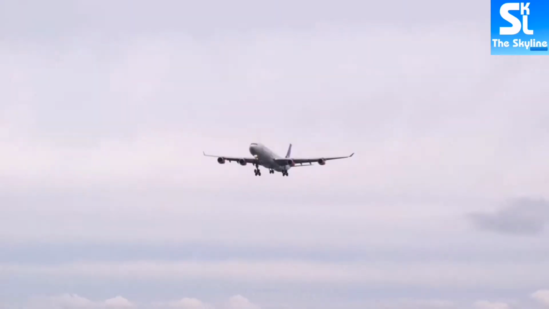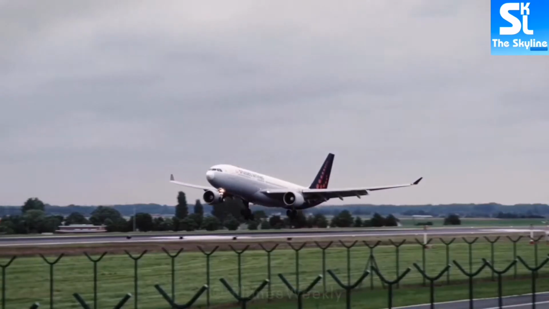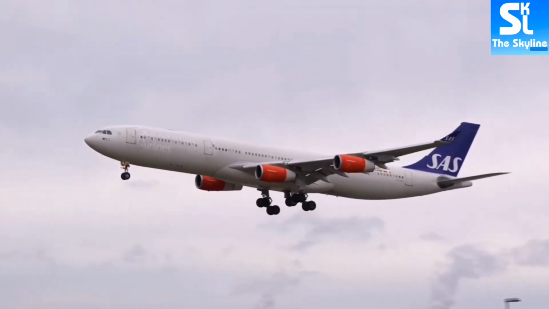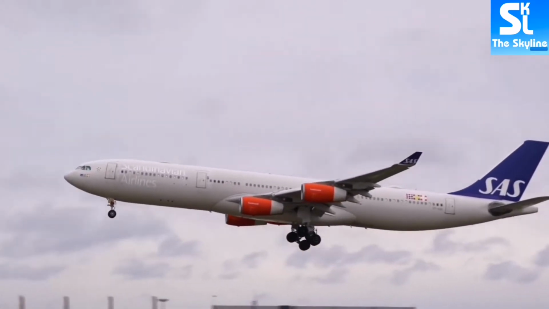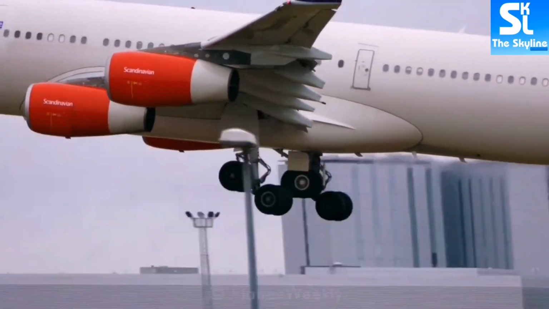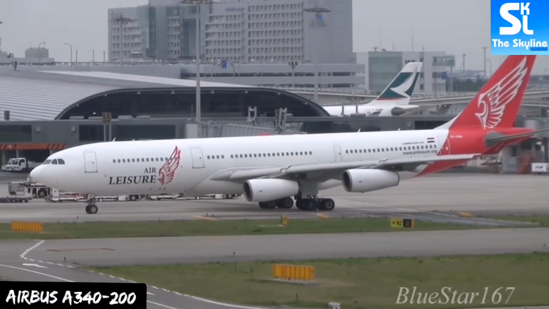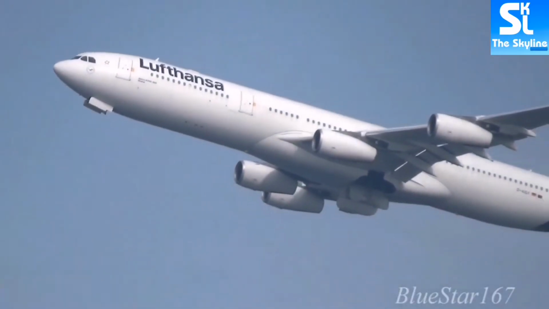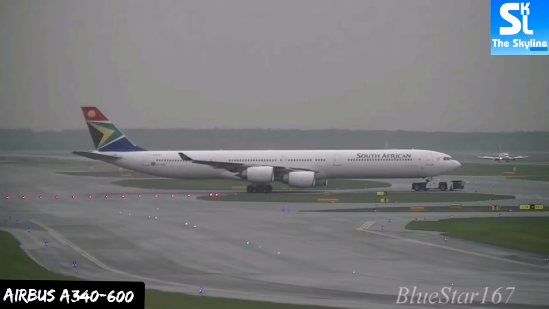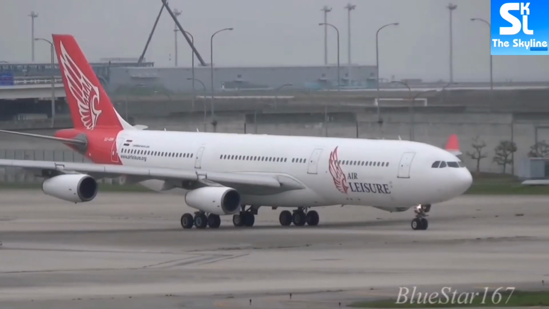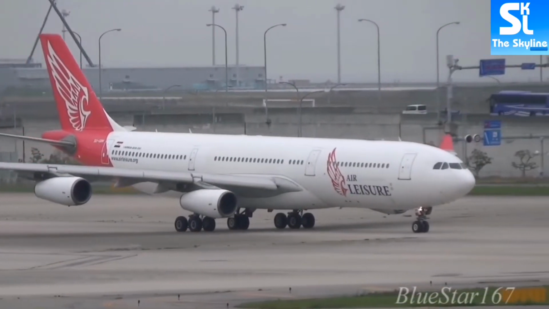Next, we look at the Airbus A340 family. The plane looks identical to the A330 except for the fact that it has two more engines, and also it has an extra landing gear in between its two main landing gears. The A340 family is made up of 4 variants, which are the Dash 200, Dash 300, Dash 500 and the Dash 600 variants. The Dash 600 is the longest variant, while the Dash 200 is the shortest variant.